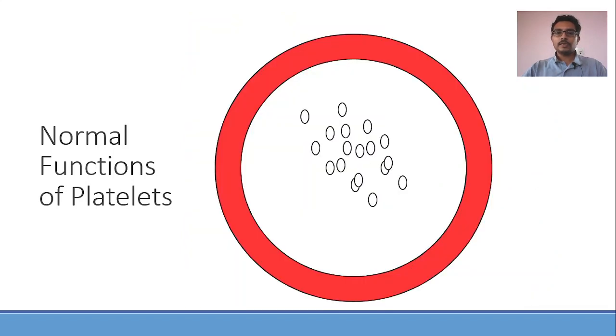Let us see. Imagine that this is the cross section of a blood vessel, and these are all the platelets. Supposing there is an endothelial injury, the endothelium gets injured and the subendothelial tissue including collagen and various procoagulant factors get exposed. Immediately the platelets will get attracted, and they will form an initial platelet plug. So what is happening here? The platelet is simply getting attached or adhered to the subendothelial tissue. So this is called platelet adhesion. Adhesion means simply getting attached, nothing else, no other fancy thing.